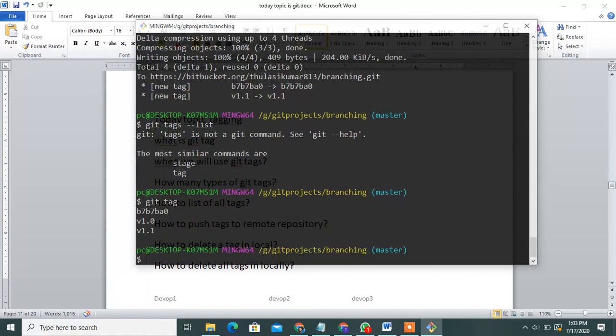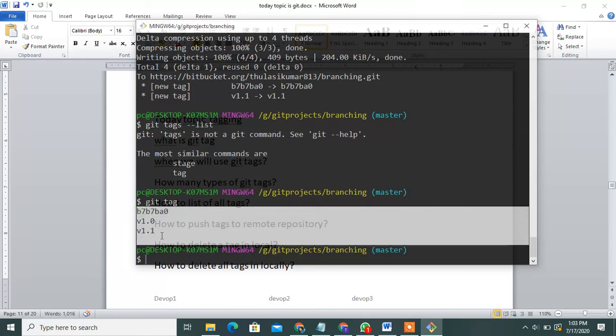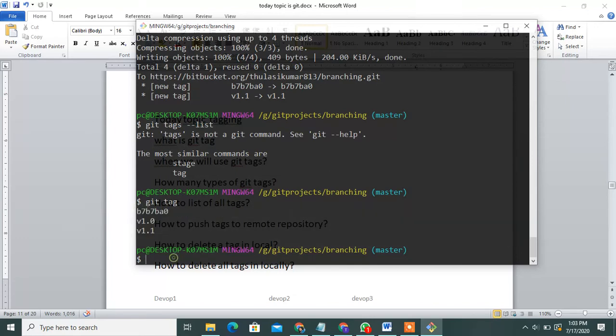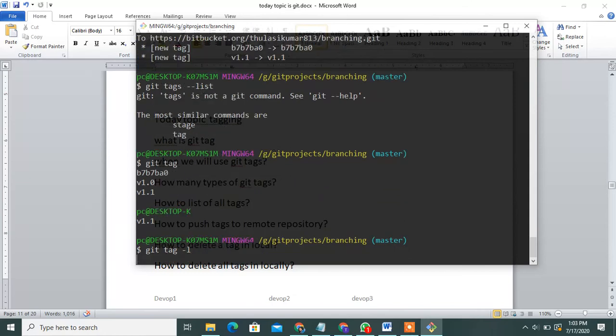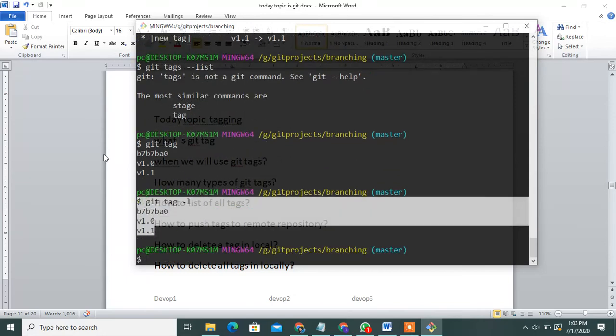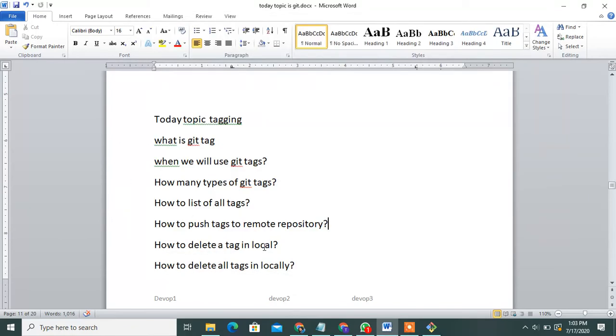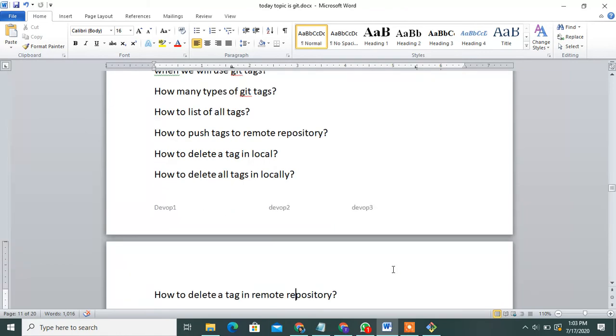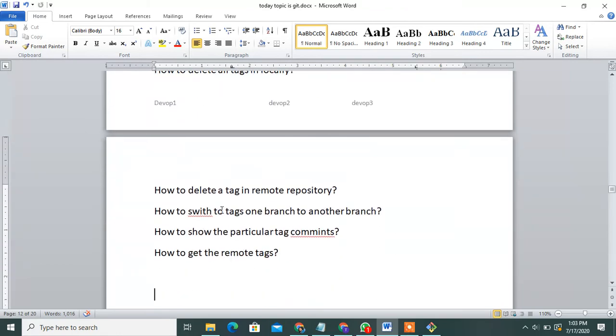Of tags, using this command git tag -l. Using this command also you can display the number of all tags. How to push the repository is done. How to delete a tag, how to delete in total, how to delete a tag in repository. These are all pending topics.